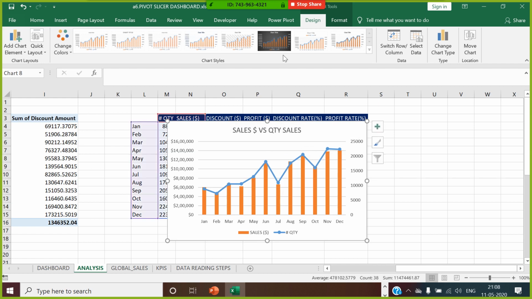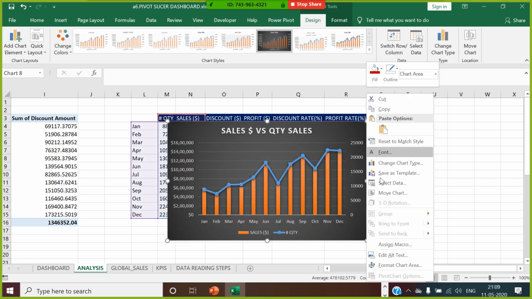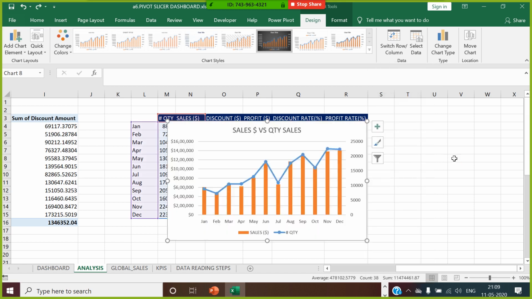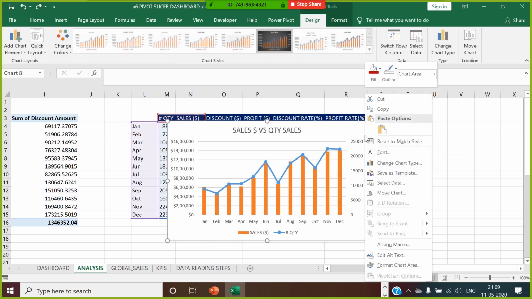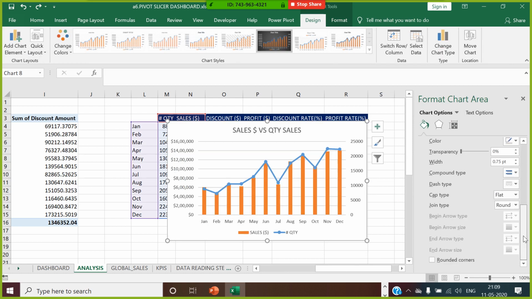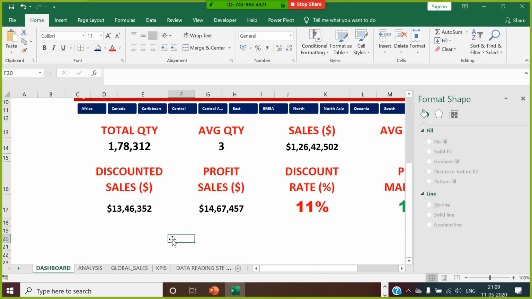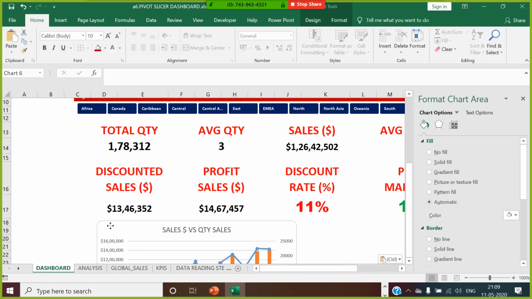Okay. So how to present that? You can go for this way to present it. Right click on this, or let's say simply you can go for designing your own style. Select this, go to format chart area, make the border a rounded corner. Right? Cut this over here, take it to the dashboard window and paste it across.